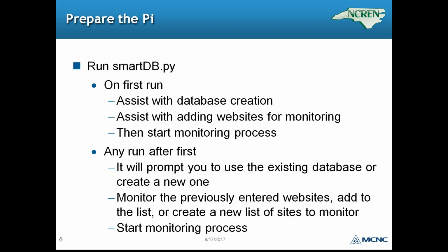So then the second script we provide is smartdb.py. This script actually will create the database and then prompt you for the websites you want to monitor and then start the monitoring process. If you stop this script, which you can,